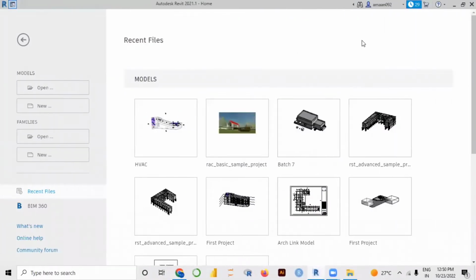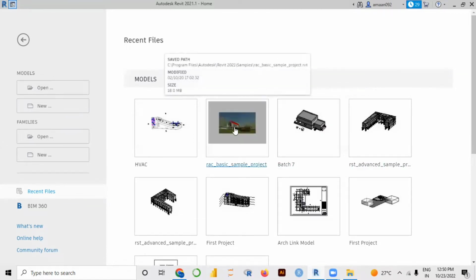Now let's understand what BIM is with Revit. You should remember Revit is a BIM authoring software where we create the information. Many other software are there, but with the help of BIM we can create design information, construction information, and facility management information. So whatever model we have in Revit, that model